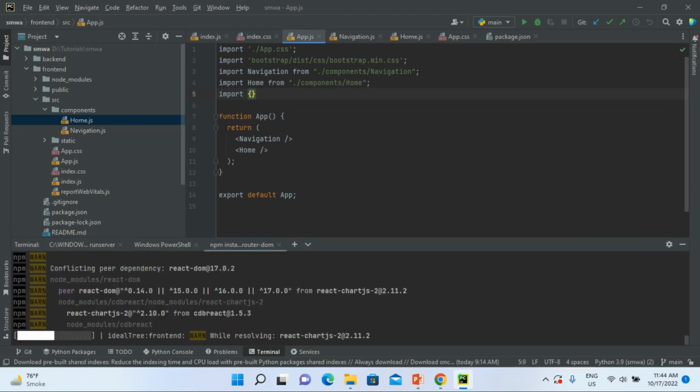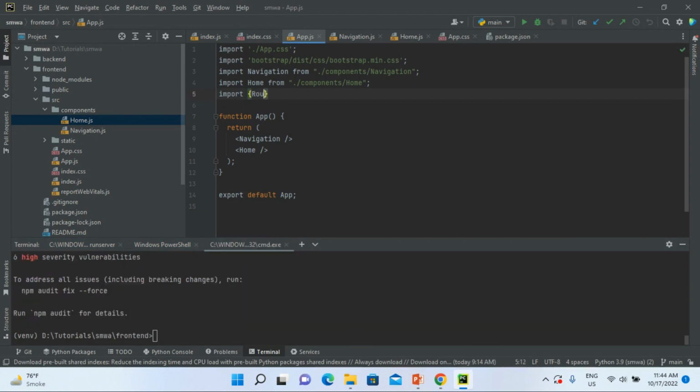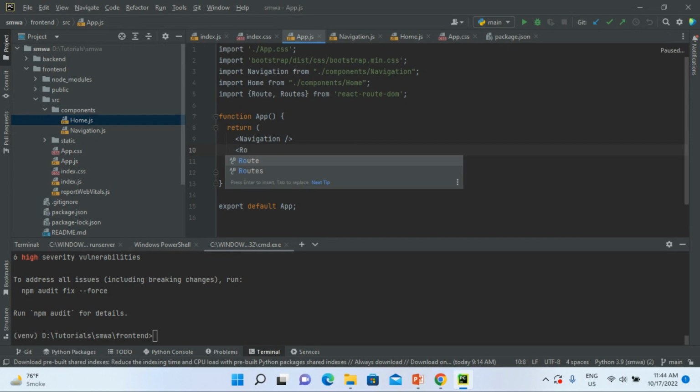And once this is installed, I will simply import Route and Routes from react-router-dom, so that I can add my Home component as a route in my app.js file. And here I'm just simply going to say Routes, and let's just close this,